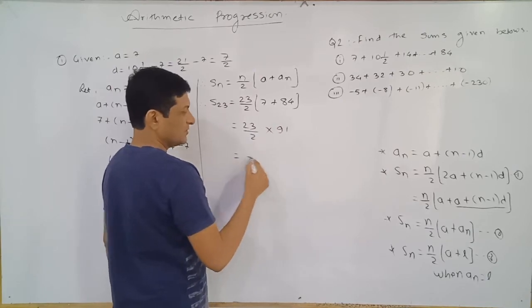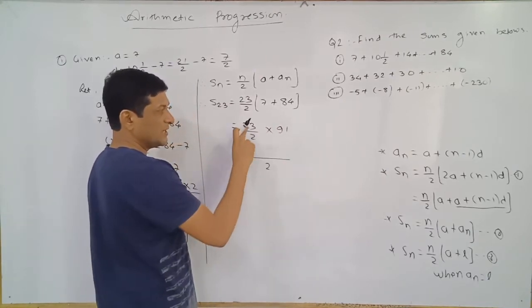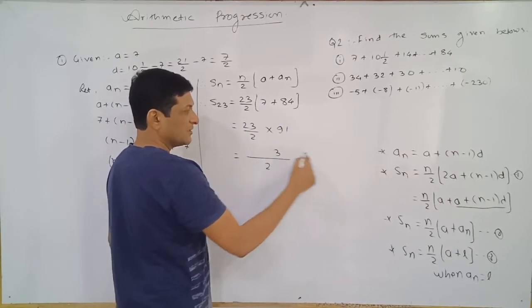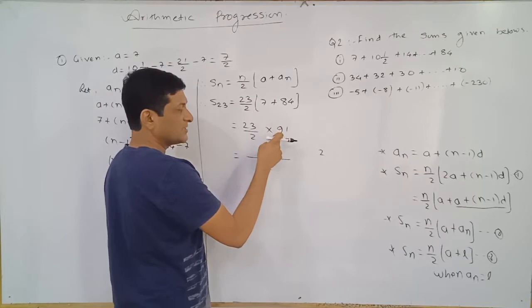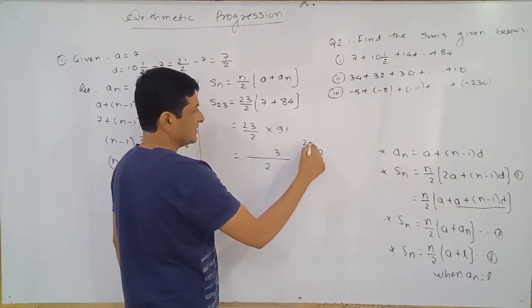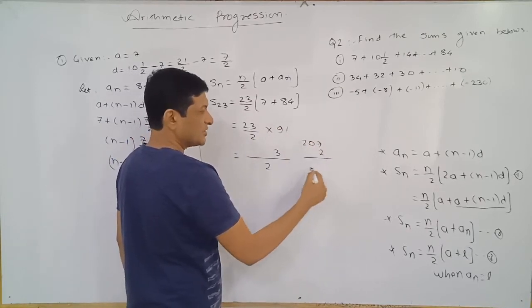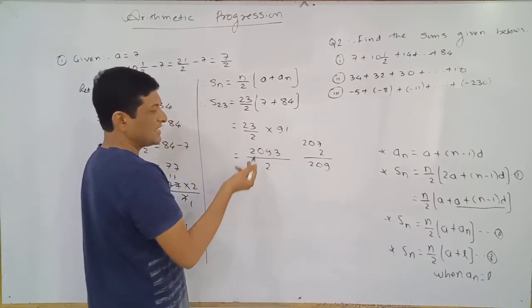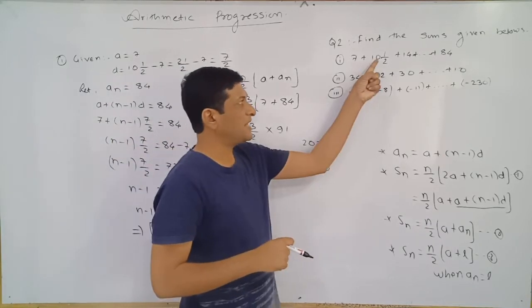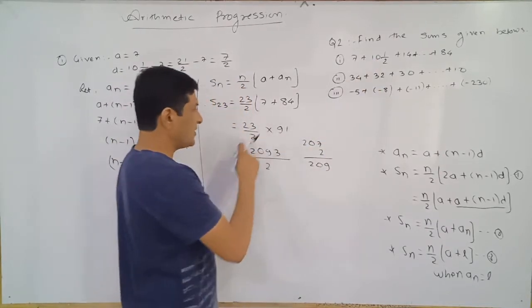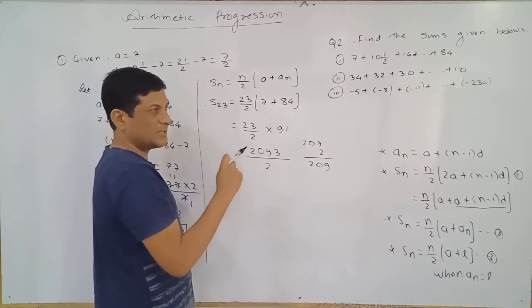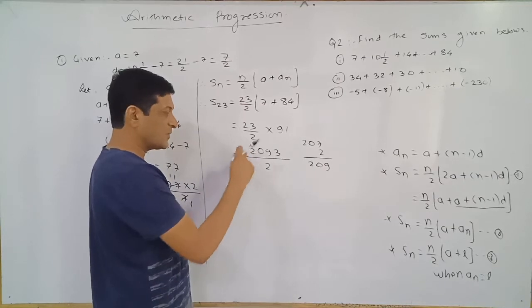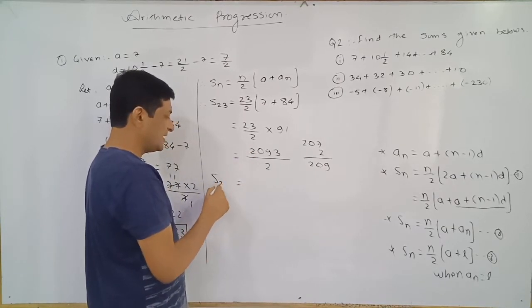So which is equals to, in the denominator 2 keep it as it is. Now we are taking product of these two terms. 23 ones are 23, carry 2, 23 nines are 207. So their addition will be equals to 209. As it stands in this example, one value is given in mixed fraction. Already we have got here sum of 23 terms, but one term in this arithmetic progression is in mixed fraction. That's why we are trying to convert it in terms of mixed fraction.